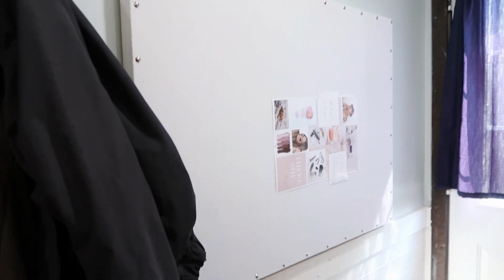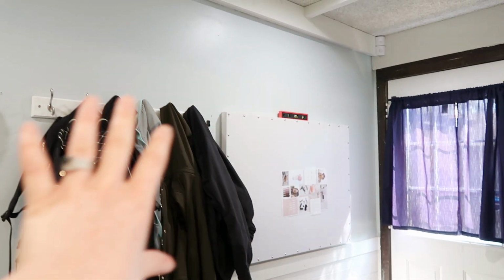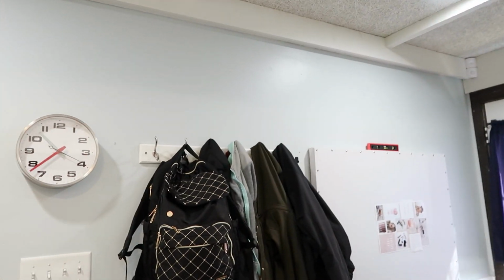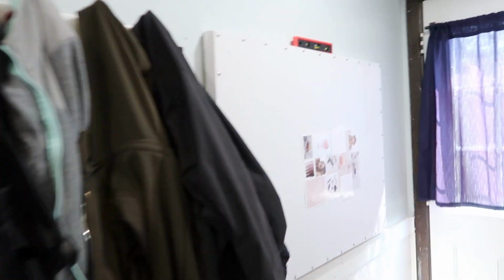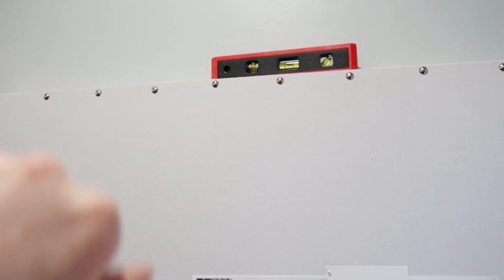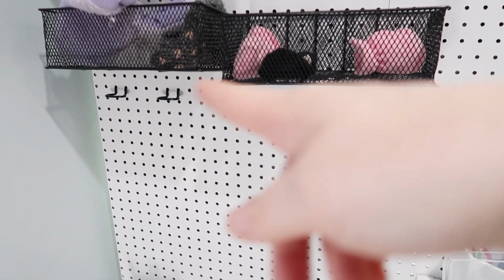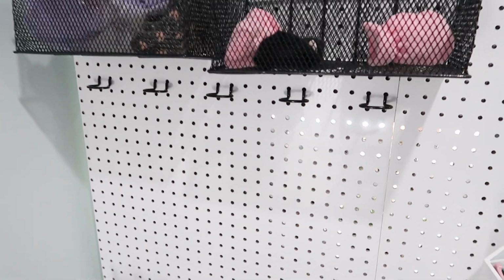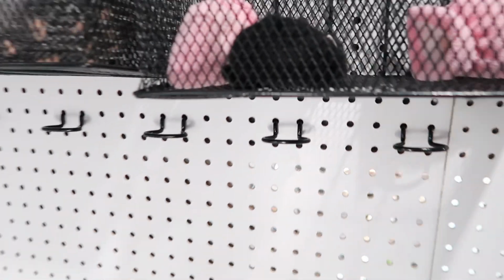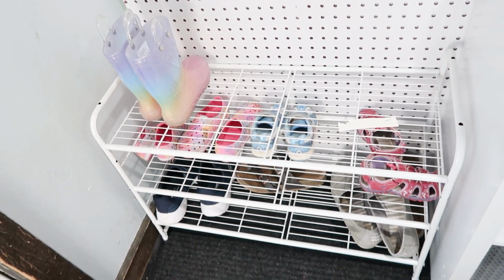It is level. I'm not sure I love how close it is to that, but it makes it in line with that. And if I ever want to hang something above, which I actually think I should, it all works. So glad I could use one of the screws I already had, and the other one went into a stud, so that's awesome. I don't know if I showed you guys yet, I moved these baskets up. I think I am eventually going to replace these with actual hooks, because these are just screwdriver holders and they work, but the coats do tend to fall off a little more easily. And then I added this really inexpensive little shoe rack